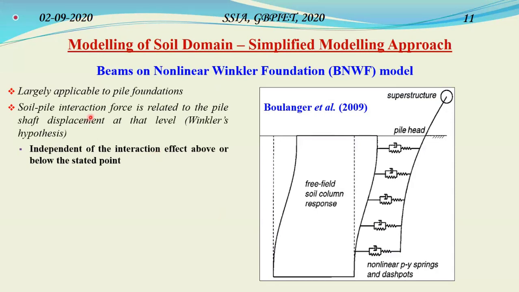So whenever we try to find out the soil pile interaction force, whatever is the displacement of the pile shaft at a particular point, that will be used to find out the force or the stresses generated at the same particular point, which basically follows the Winkler's hypothesis. At one particular point, whatever is the response, that remains independent of the response of the other points. So we have independence of the interaction effect above or below the stated point, that again being a part of